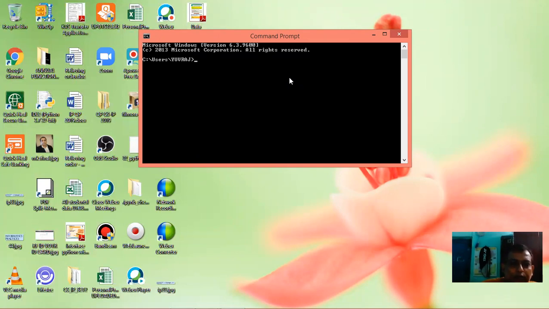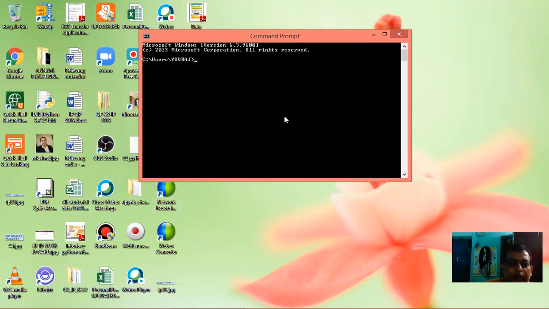Like you installed NumPy in the previous class, the same command we will use, that is the pip command: pip install pandas.